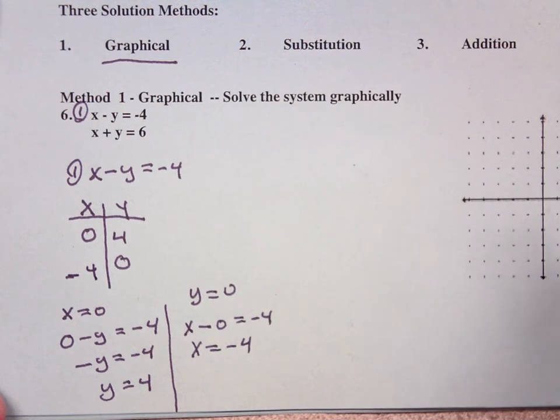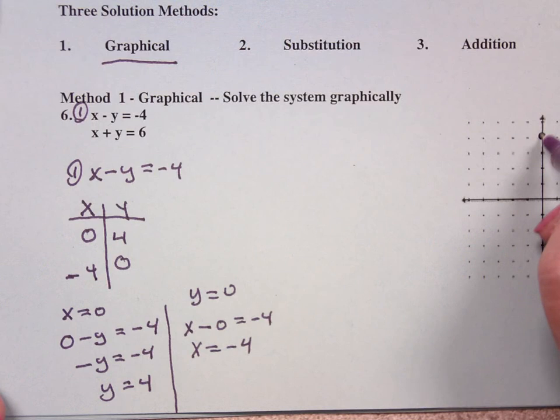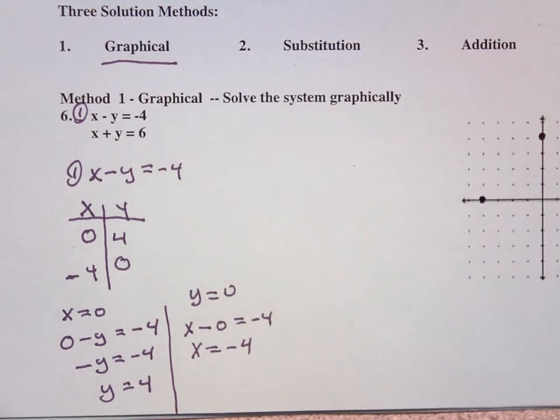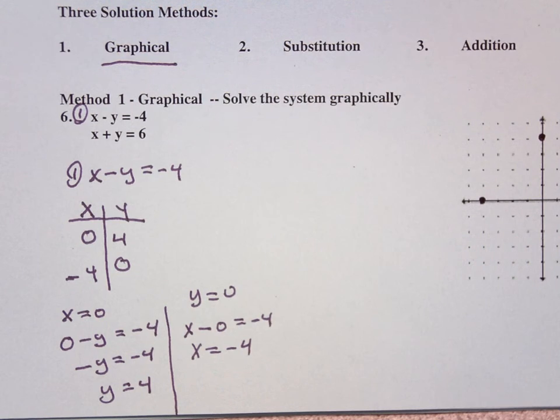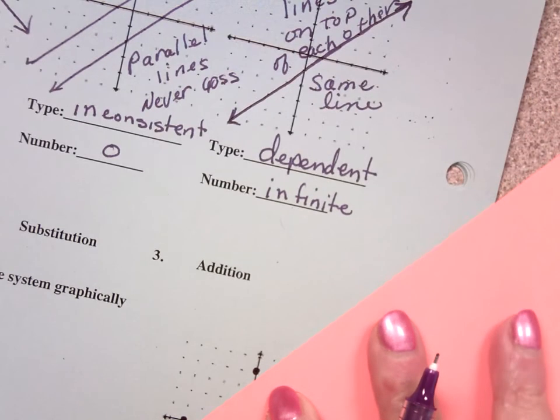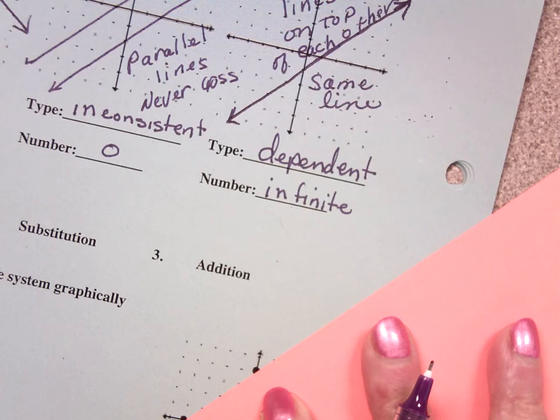So my first line is going to be (0, 4) and (-4, 0). And then this is where you really do need a straight edge of some form, something which really is a straight edge. So sometimes I'll fold a piece of paper in half and do it that way, if I can find something that looks like it's fairly straight. And as best I can,